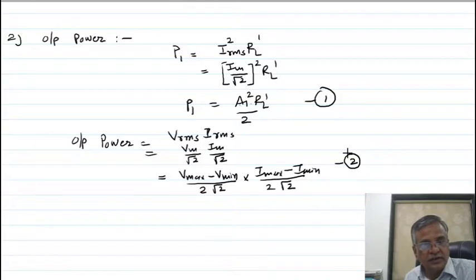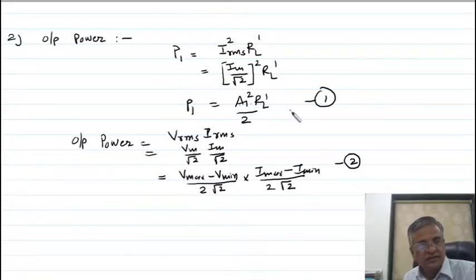It is found that if you calculate the output power with equation number 1 and equation 2, both come out different. Both show different values. So it is necessary to use the correct equation to calculate the output power. Equation number 1 gives the more correct value because equation number 1 also considers the effect of the reflected load RL dash in the output power. So equation number 1 gives a more accurate value of the output power.